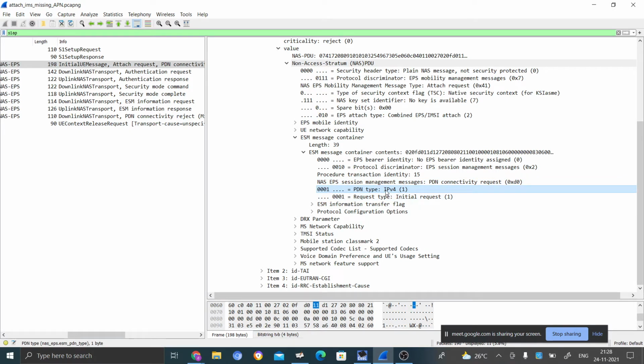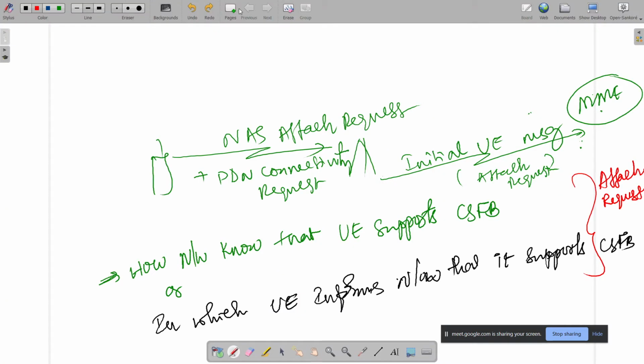Most of the times, for LTE it is IPv4. For IMS or VoLTE it is IPv6. Maybe IPv4v6 is also possible. So most of the times for LTE, internet, you can say LTE is internet, and the IP address will be IPv4.